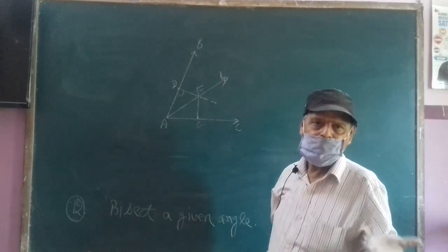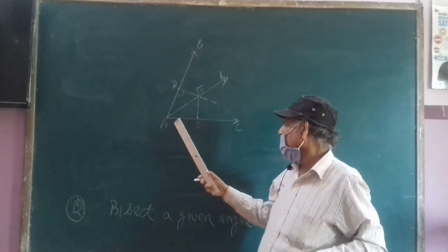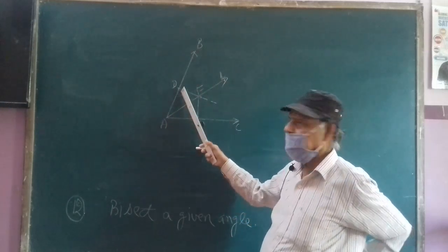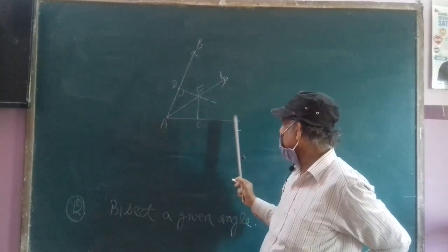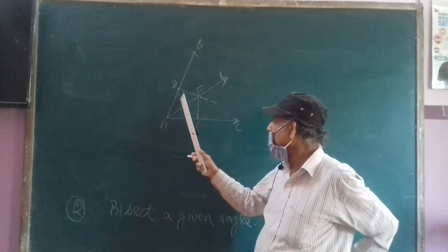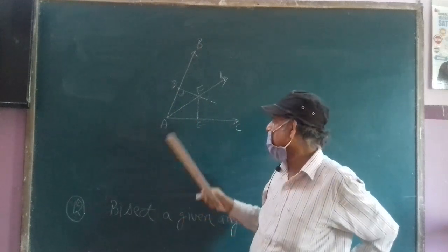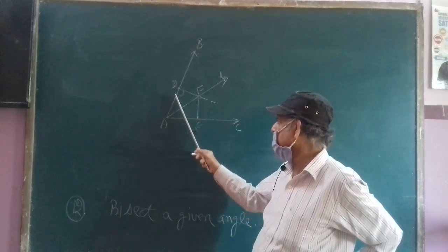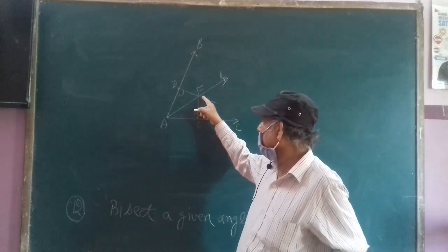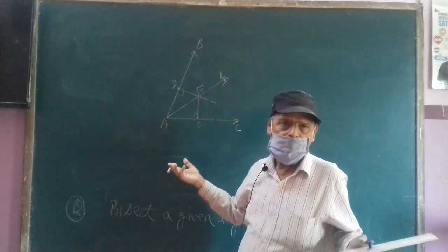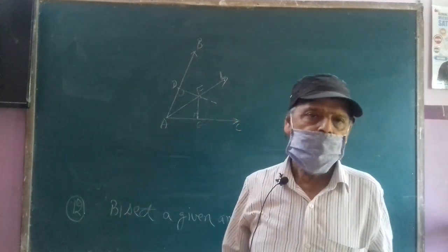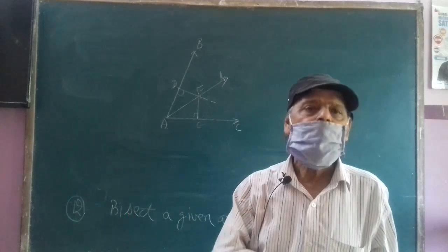I can repeat it for the last time. From A, cut equal distances, this distance is say 6 centimeter along AB, and also along AC, the same distance AE 6 centimeter. Then take one of the set squares and place it along this and make this 90 degree. This is also 90 degree. The meeting point is F. Join AF. Your construction is complete, and today's discussion is also complete. Nice. Have a good day.